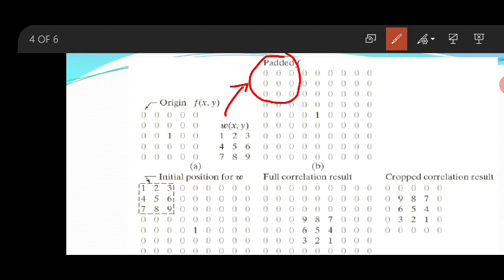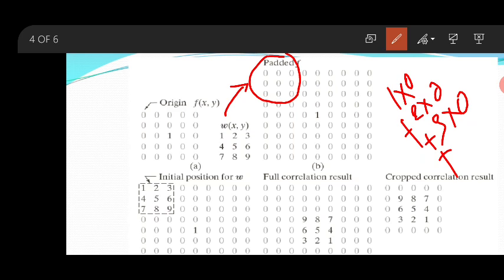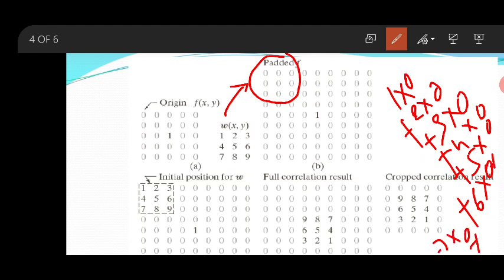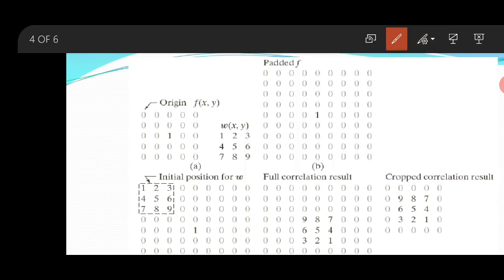Now you multiply all the values: 1 into 0, plus 2 into 0, plus 3 into 0, plus 4 into 0, plus 5 into 0, plus 6 into 0, plus 7 into 0, plus 8 into 0, plus 9 into 0. After addition, what answer do you get here? You will get 0.